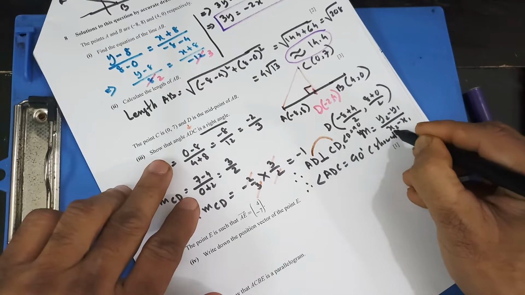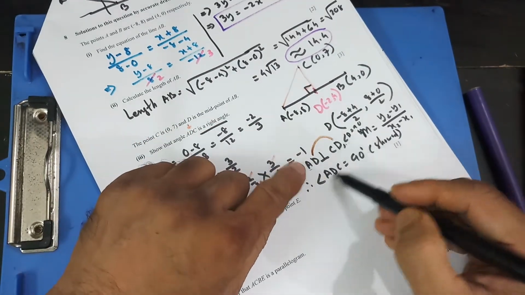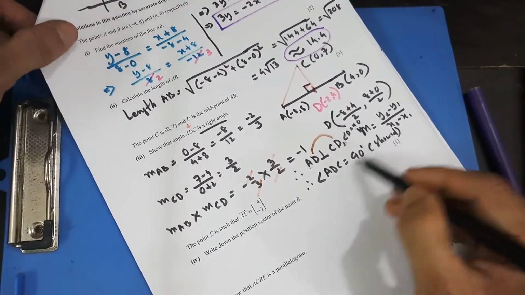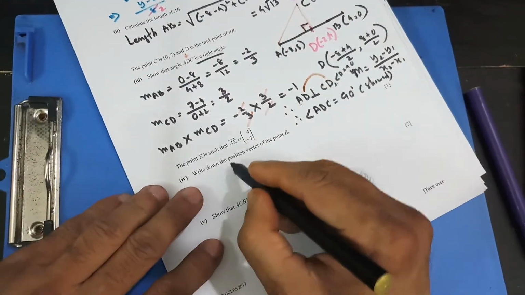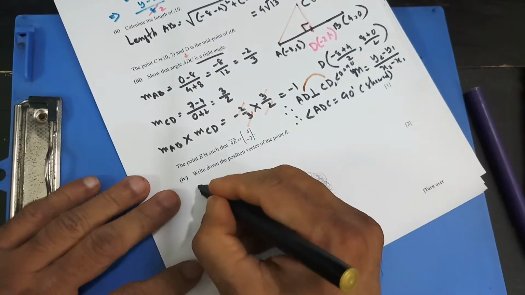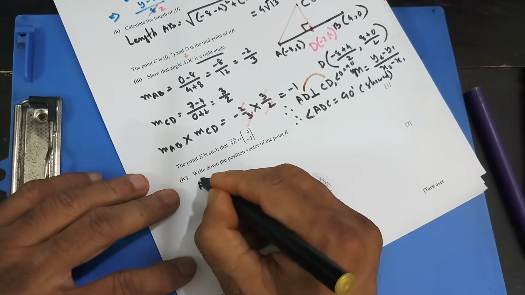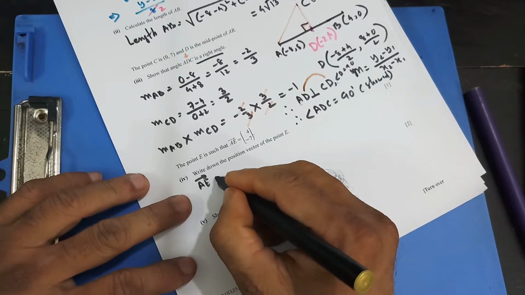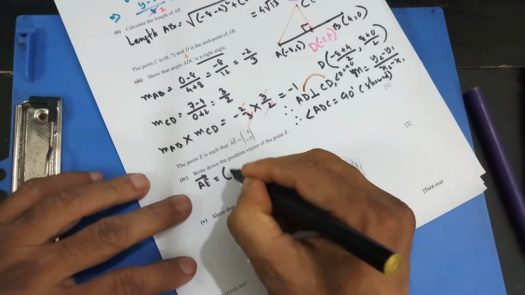Okay, you don't need to do all these things. As soon as you can write down this, you can conclude that it's equal to 90 degrees. Write down the position vector of the point E. Now AE is given like this, and I can write down, let me write down this one first,